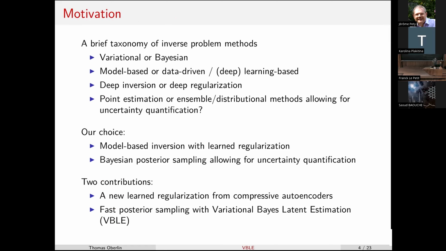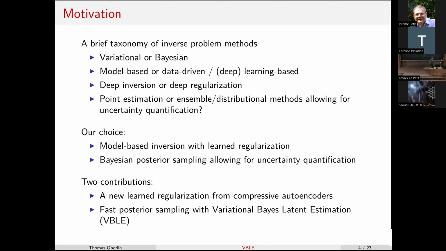So, of course, there are a lot of different ways of tackling this problem. I already talked about variational methods against Bayesian. We can also differentiate the methods between model-based methods or data-driven ones that will use machine learning or deep learning. And among machine learning methods, we can either rely on machine learning end-to-end to perform the inversion directly, so try to learn a mapping Y to X, or use it only for regularization.